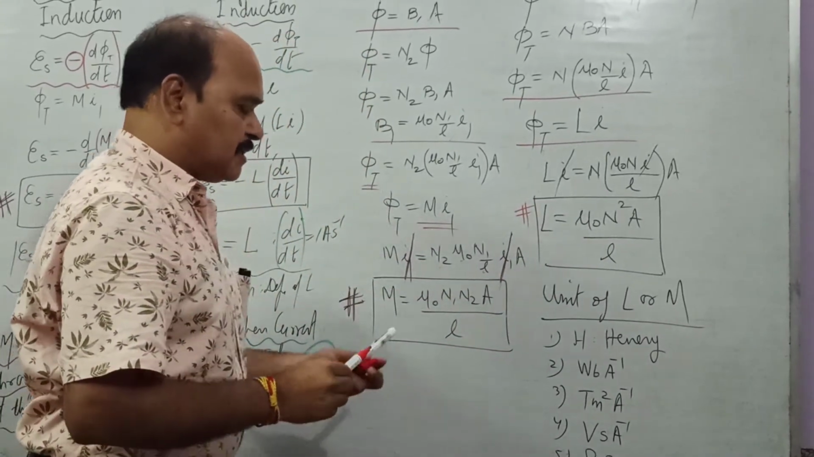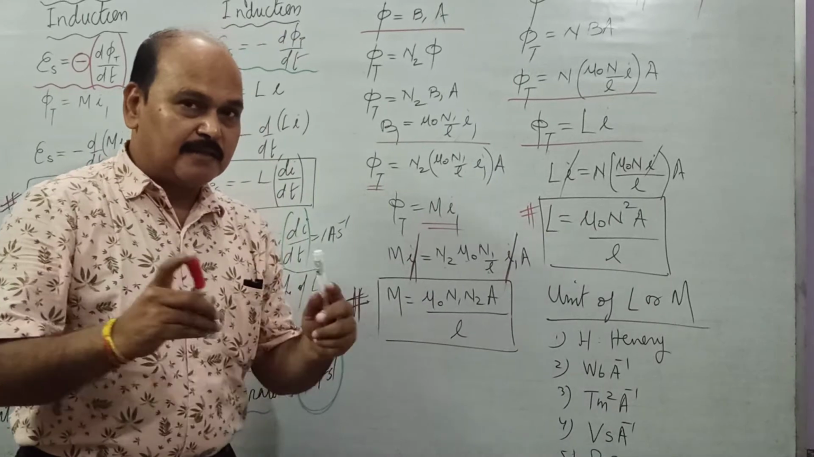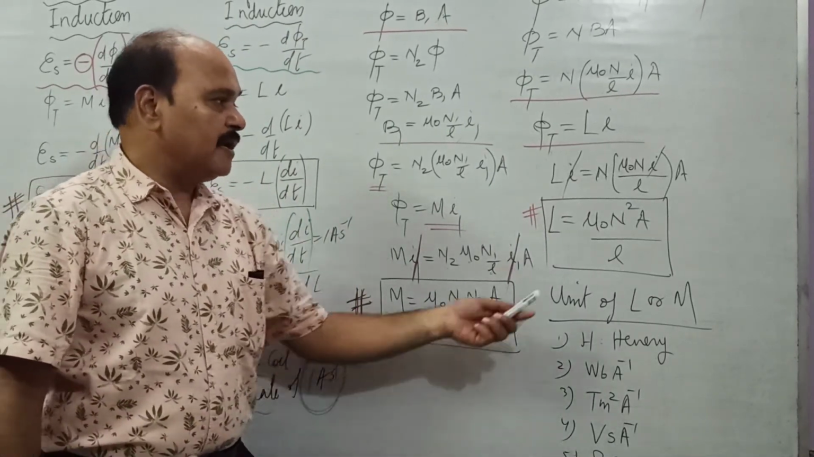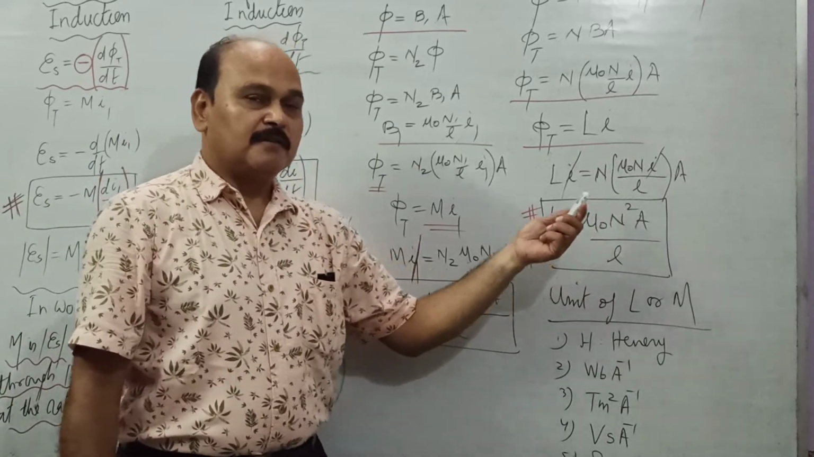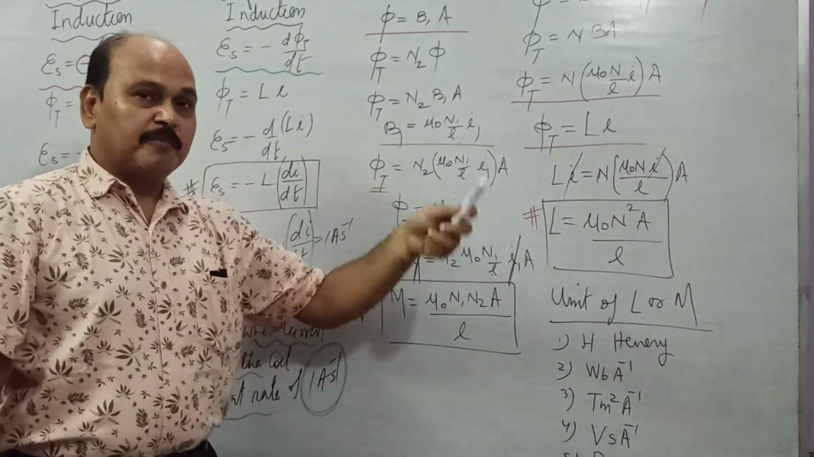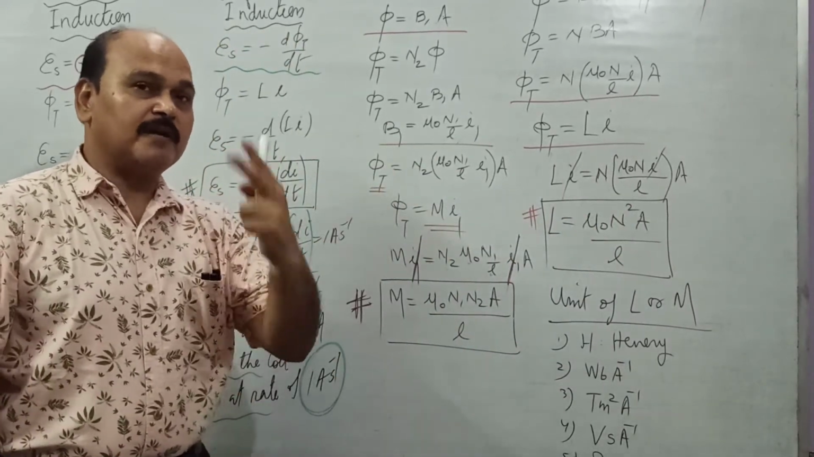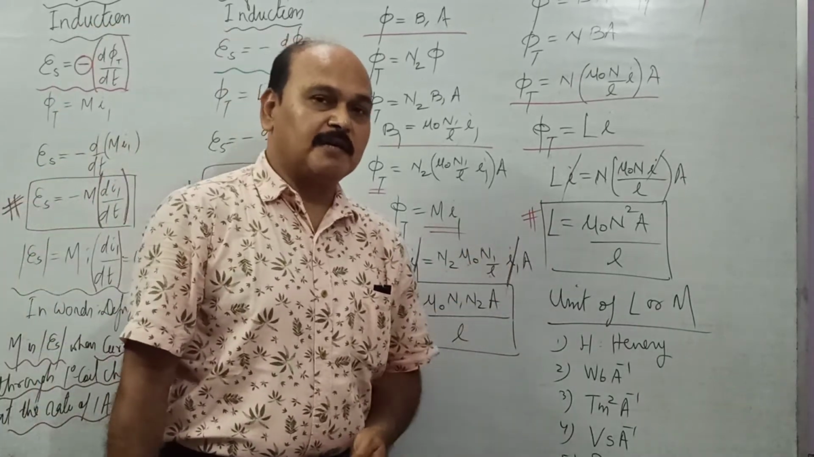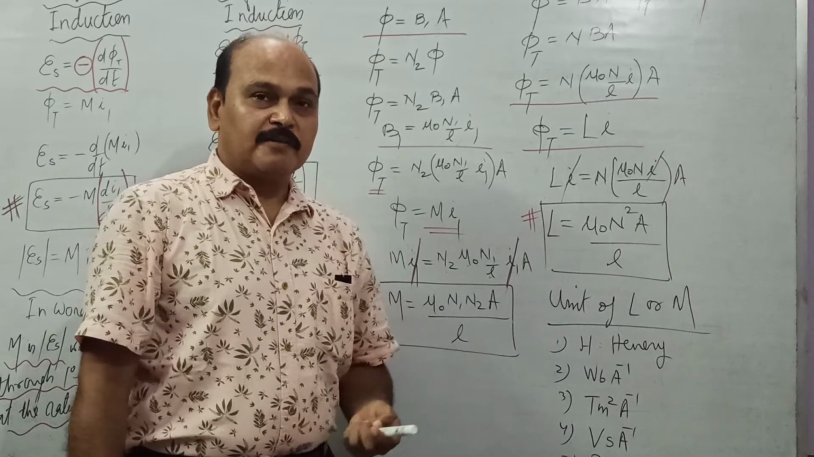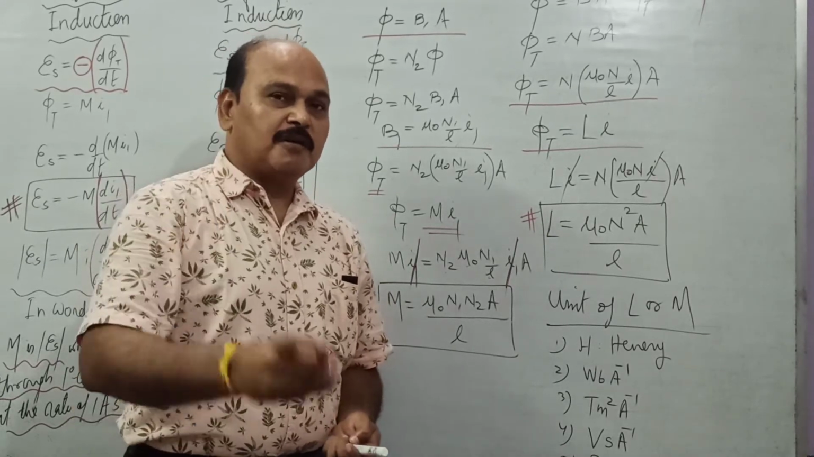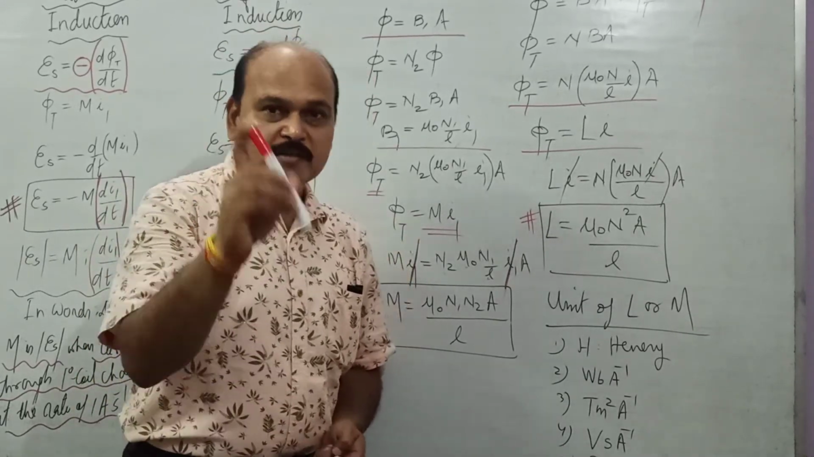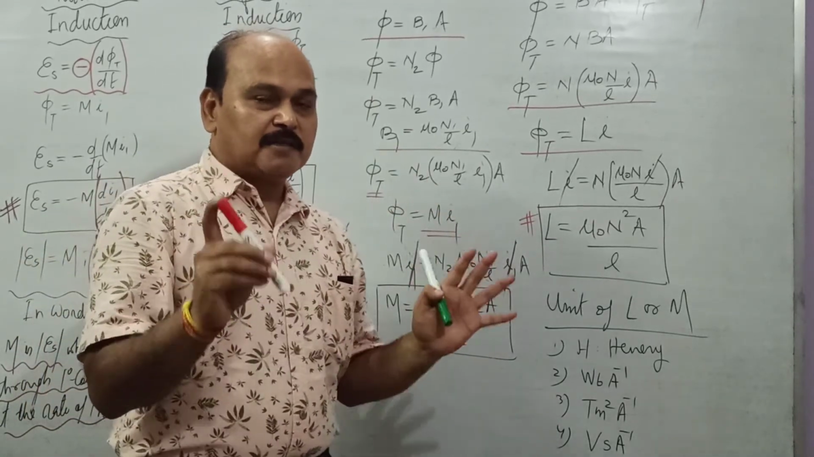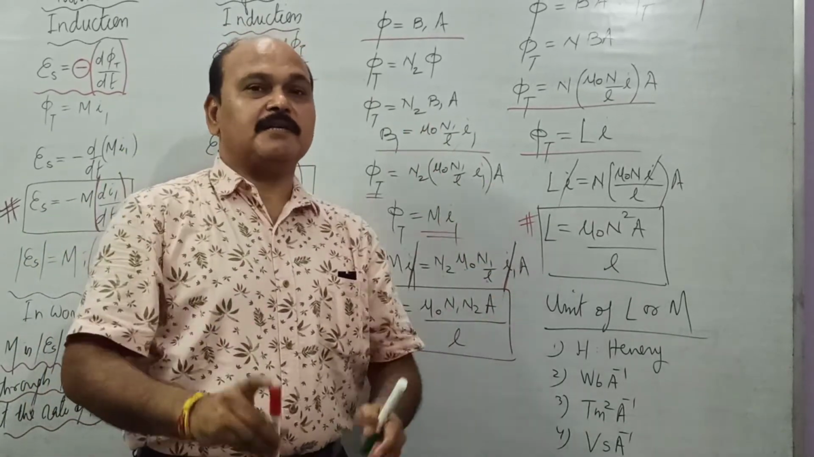So both the formulas are derived exactly in the same way. Here we have N1, N2, A by L, and here we have N square. In mutual electromagnetic induction, we have two coils, with turns N1 and N2, but here we have just a single coil. That's the difference. Remember, mutual electromagnetic induction is the working principle of transformers, whereas self-electromagnetic induction is associated with each and every device